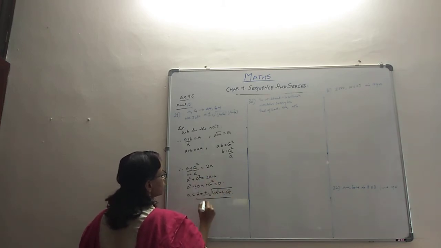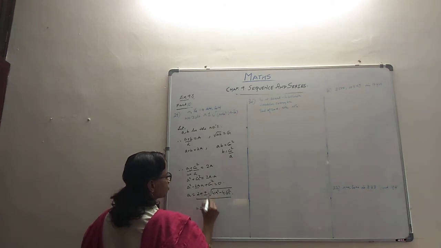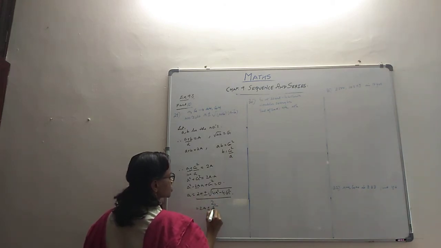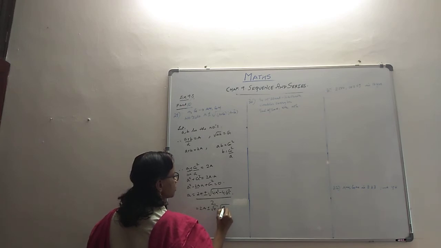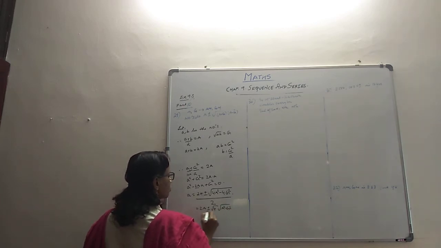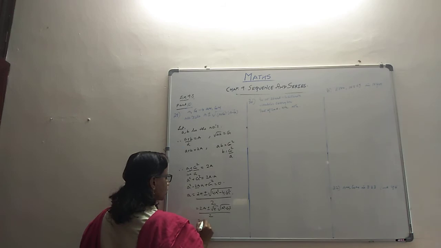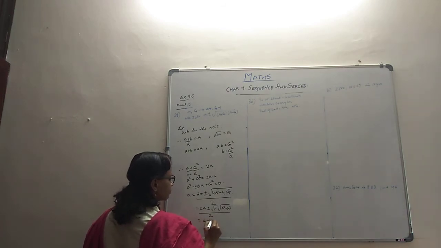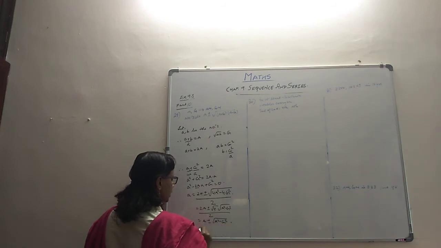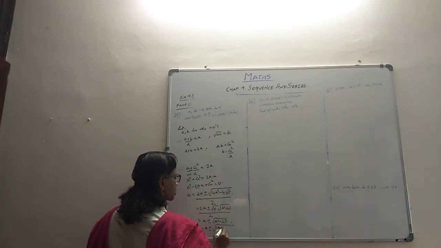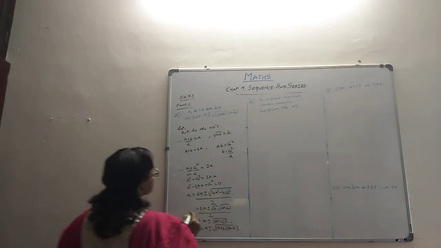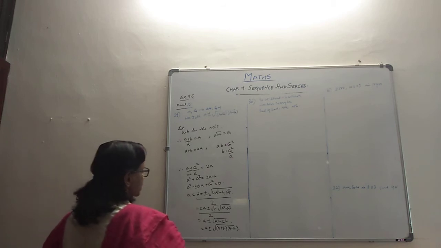Then you have the denominator 2a, which is 2. So you can have 2A plus or minus, and you can take the 4 common. So the root of 4 is common, and you have root of A squared minus G squared. Root of 4 we all know is 2, so that 2 can come out common and then it will get cut with the denominator. So you will get A plus or minus root of (A minus G)(A plus G). That's how we get this, and that is what they have asked us, that the numbers are these.